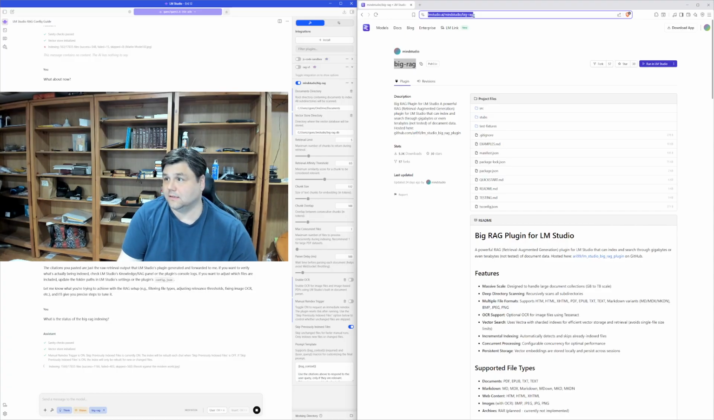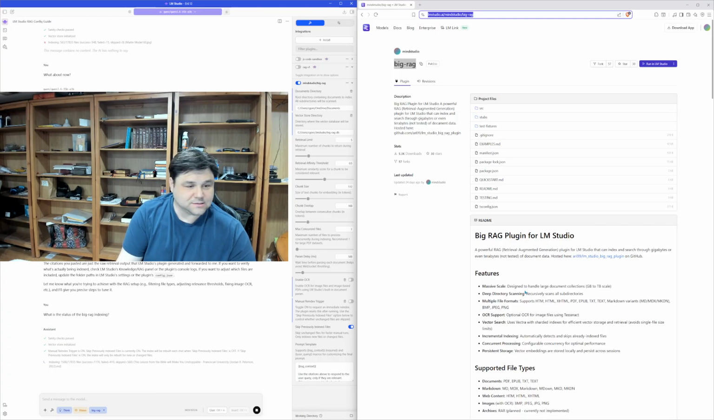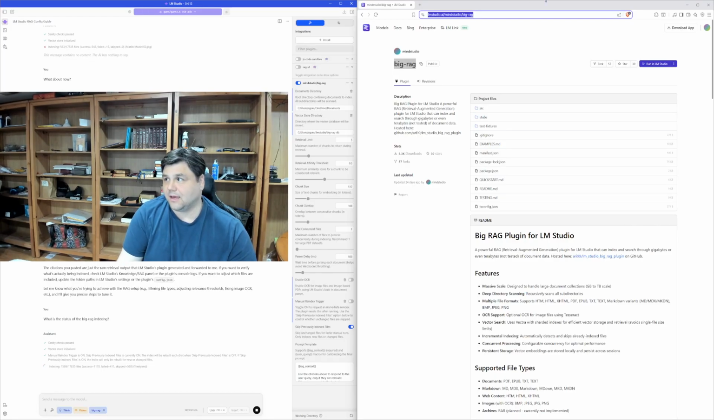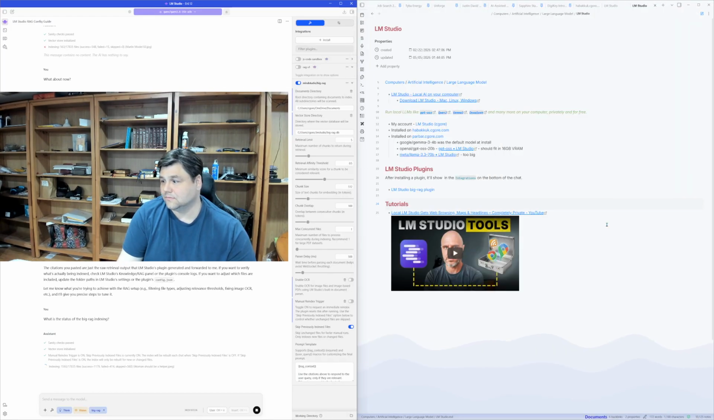I'll link in the note underneath the video, but it's lmstudio.ai/mindstudio/big-rag. But what this gives me is I happen to have a huge Obsidian vault with, at the moment, 10,125 notes, you can see. And what I want to be able to do is search through all of those notes